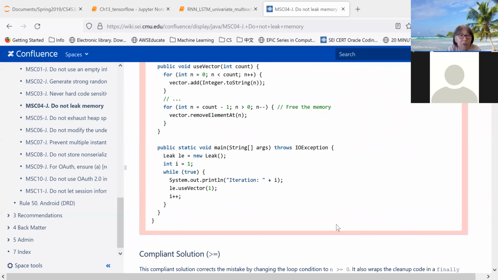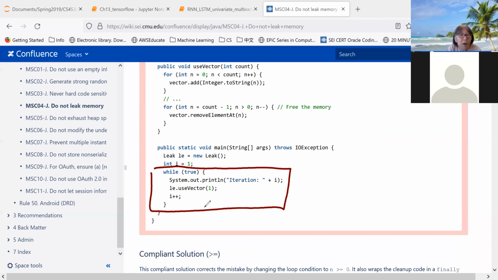Just think about this scenario. This loop, because the condition is always true, can iterate forever. And even though you just add 1 each time,